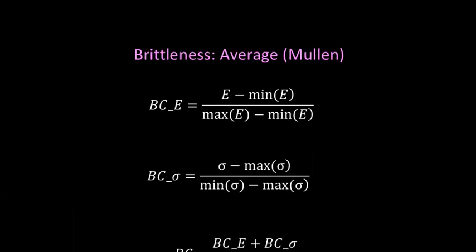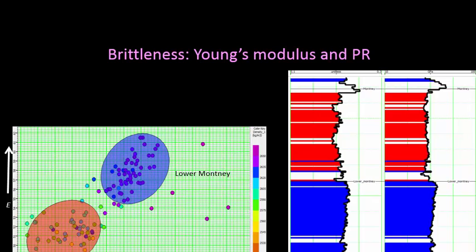You see, when you land up in a situation like this where you know that the normal or the conventional methodology doesn't work, you can get into something like this, because this is a brittleness coefficient definition that was given by Mullen. And what he talks about is that let's determine brittleness coefficient from the Young's modulus and the brittleness coefficient from the Poisson's ratio, and then average the two. And people use this. Because now you are not going to land up in a situation like the one I showed you here, low values of Young's modulus.